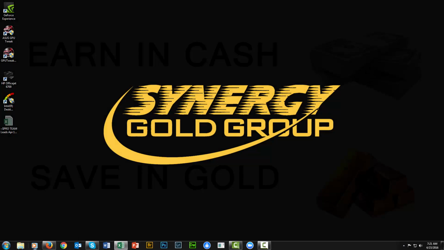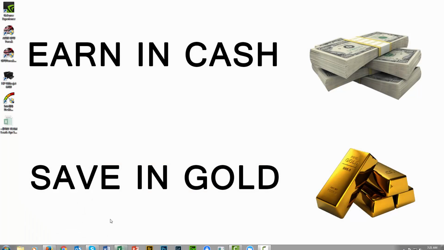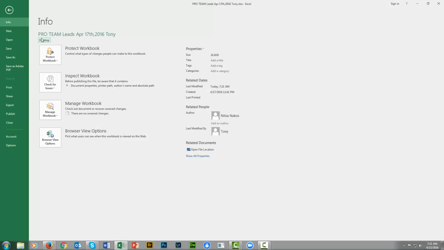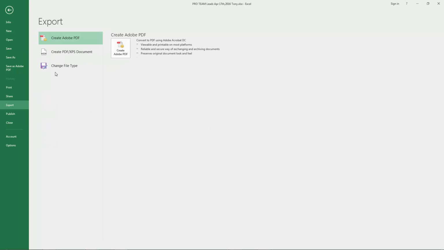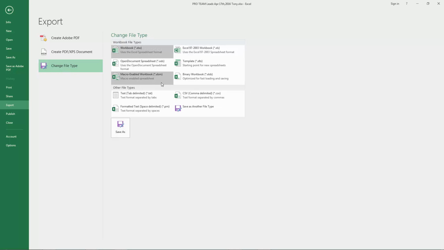Then you go to File, then you click on Export. Next, you click on Change File Type, and over here you highlight or select CSV, comma delimited extension. Then you click Save As,